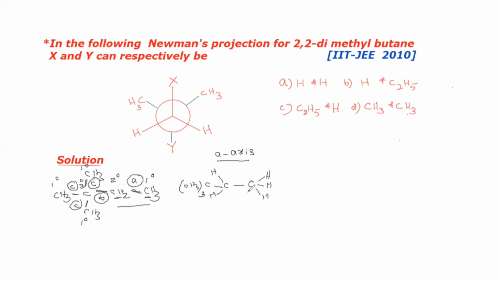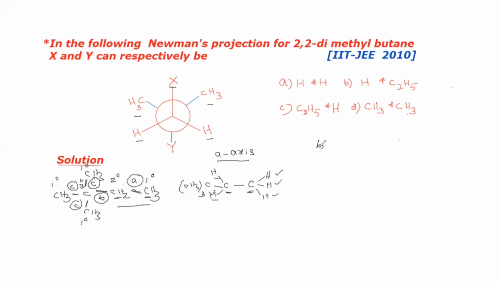Relate both carbons with the front and back side carbons of the Newman formula. This is the front carbon, on that groups are two hydrogens and X. If you take it as front side carbon, on this carbon there are two hydrogens and one more hydrogen, that is X. So X can be hydrogen. And if you take it as backside carbon, on that carbon there are two hydrogens, but here two methyls are there. That means the given Newman formula is not related to A axis.